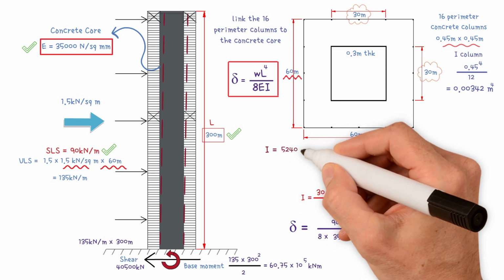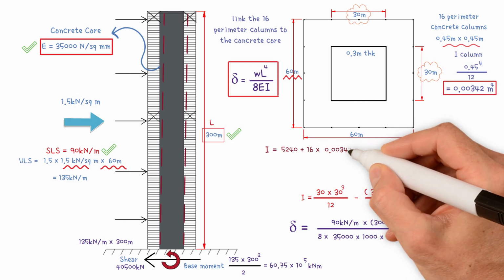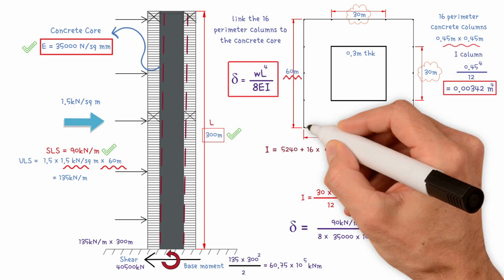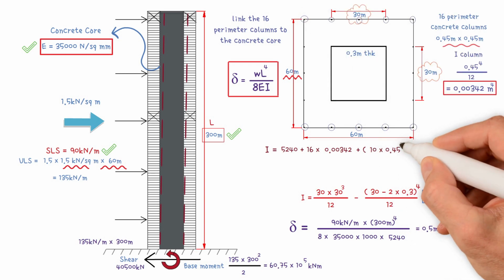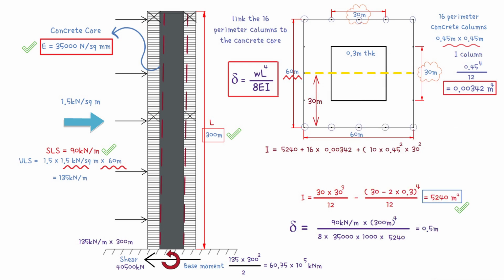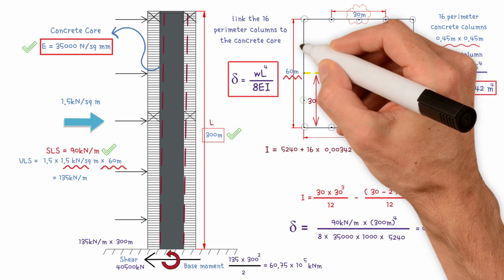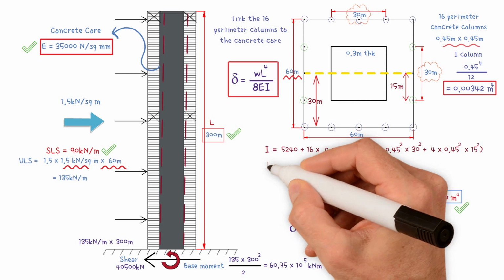So, I, for the whole structure, would be 5,240, plus number of columns 16, times 0.00342, plus, open bracket, 10, times 0.45 squared, times, 30 squared, plus 4, times, 0.45 squared, times 15 squared, close bracket. This gives us a value of